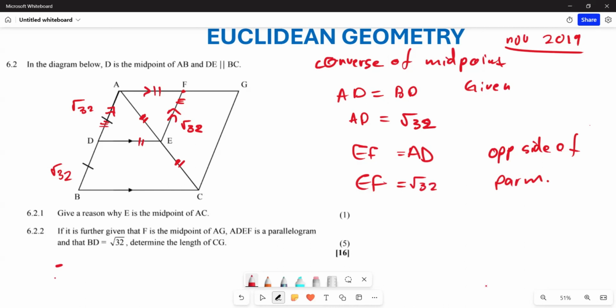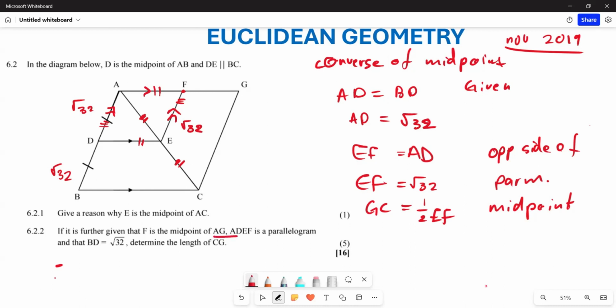So now, what is it that they are looking for here? They are looking for CG. So you know that your GC is going to be equal to half my EF. The reason behind that is the midpoint theorem. Remember, midpoint theorem tells us that, and they've given us that this is also the midpoint altogether. So they said it's going to be the midpoint of